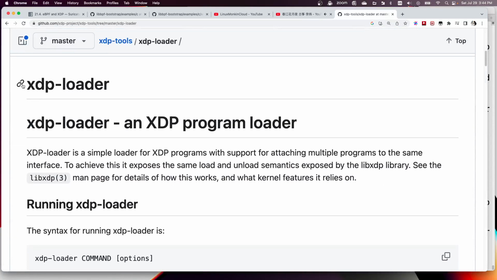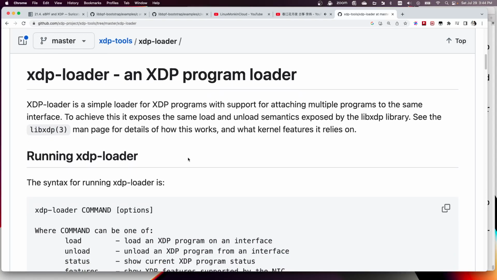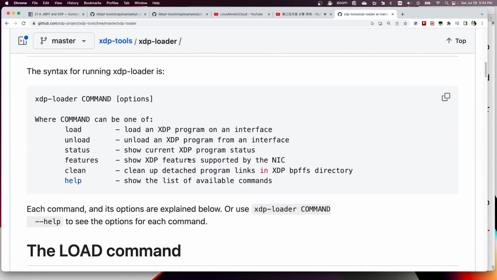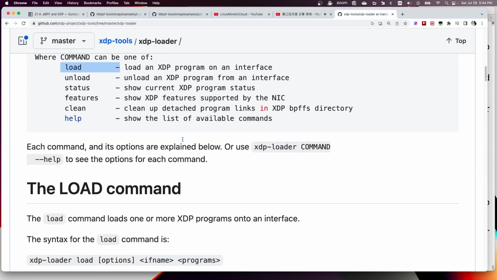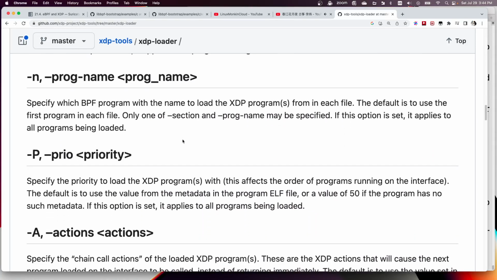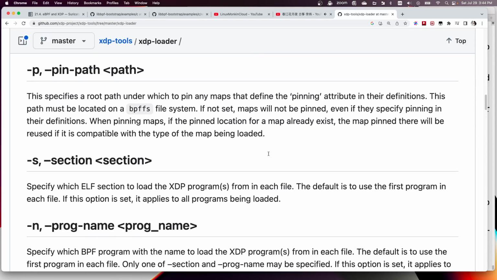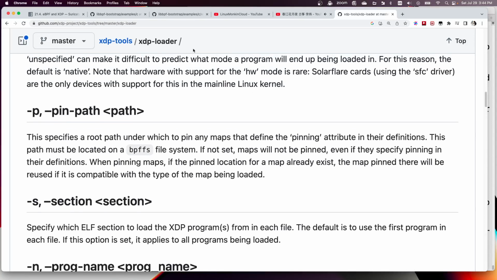If you use xdp-loader, you can attach multiple XDP programs to the same network interface, but you need to specify a priority for each XDP program. So that's one way you can attach multiple XDP programs to the same network interface. And what I did, though,